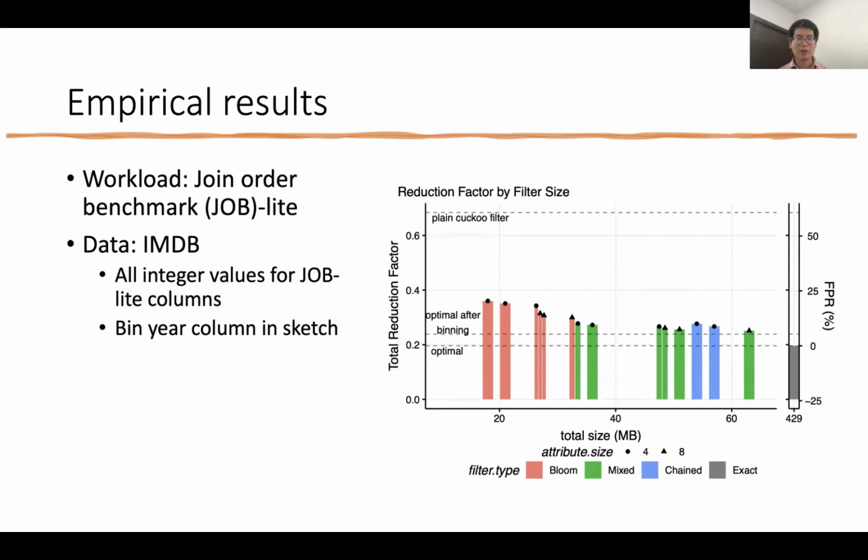And so we take a look at the empirical results for the join order benchmark light. This benchmark uses the IMDb data, and the light benchmark chooses only columns with integer values. These are all categorical except for the year where there are some range queries. So for the range queries, we bin the year column in the sketch. And what we find is, compared to storing basically a full hash table, we use roughly 1/10 the space,